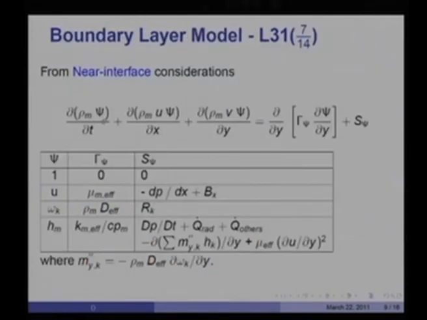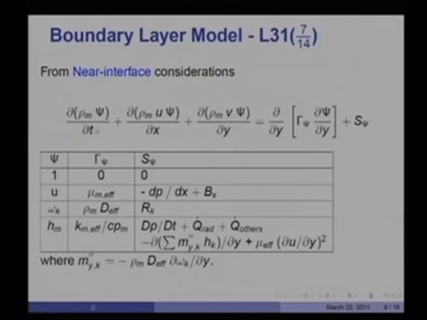that you have d rho m psi by dt plus d rho m u psi by dx. So, these are the convective terms, this is the rate of change term, this is the diffusion term only in the y direction, notice, because of the boundary layer model, and S psi, which is the source term. So, if I put psi equal to 1, it would simply mean I am talking about bulk